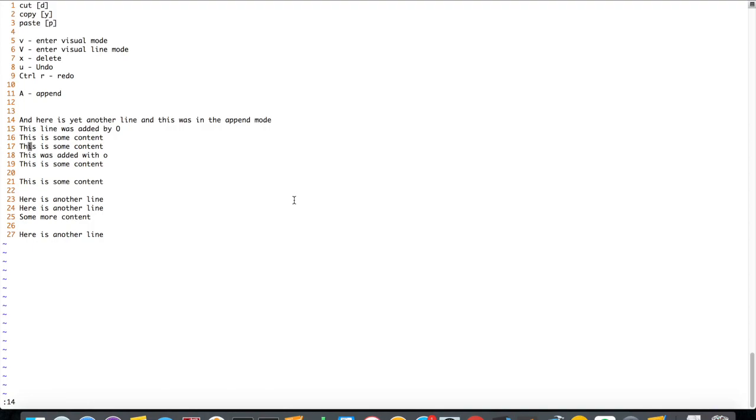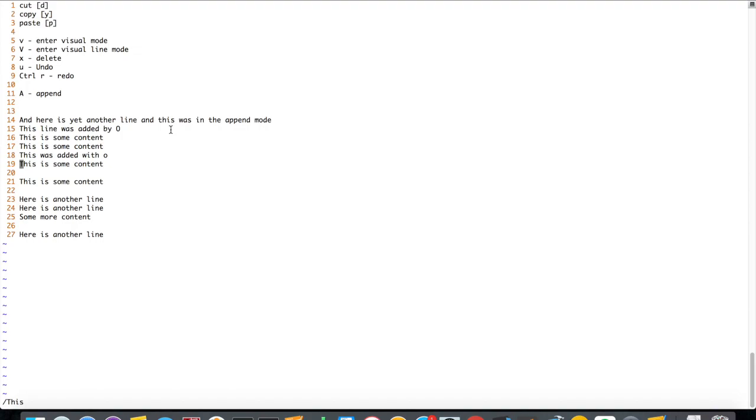You might have noticed that I gave a capital T when I searched for this, which matched only the words with the capital T, but it did not match this particular this, which starts with a small letter t, which means by default the searches in Vim are case sensitive. We'll see how to make it case insensitive in a minute, but before that you might have also noticed that